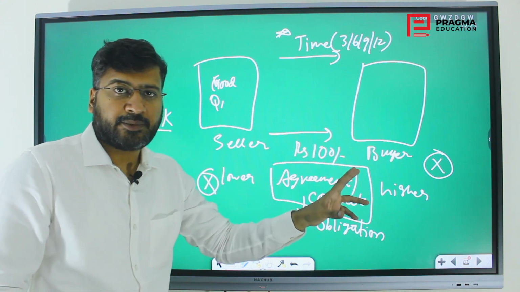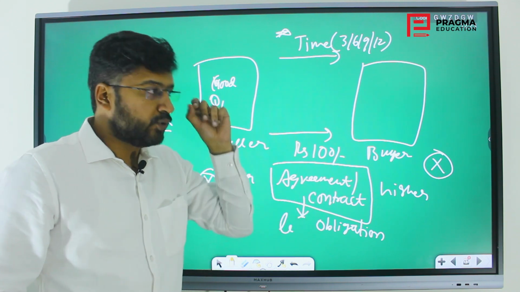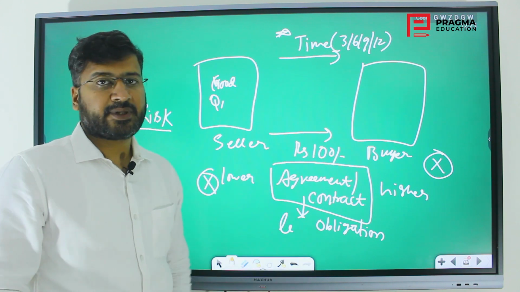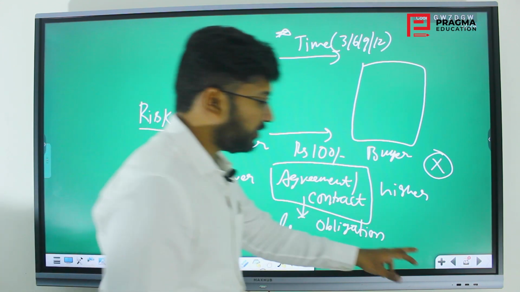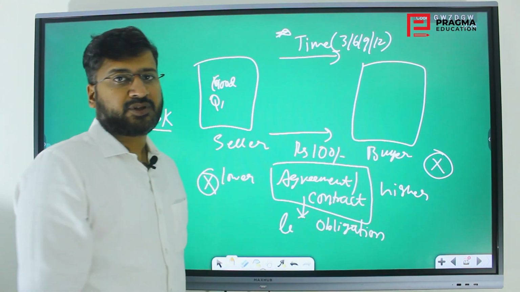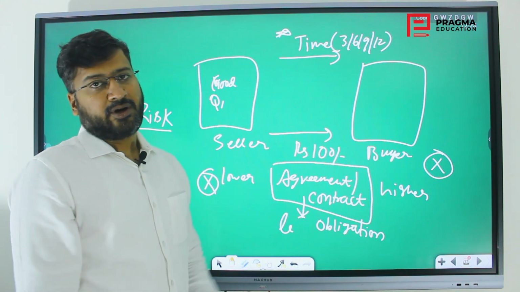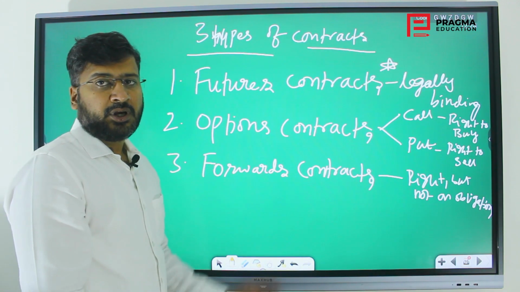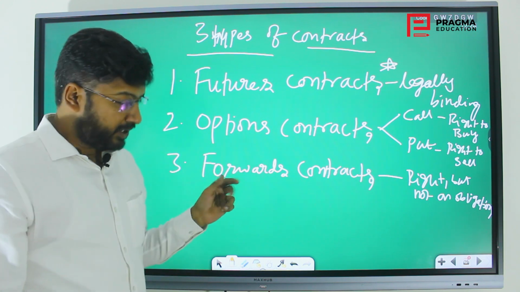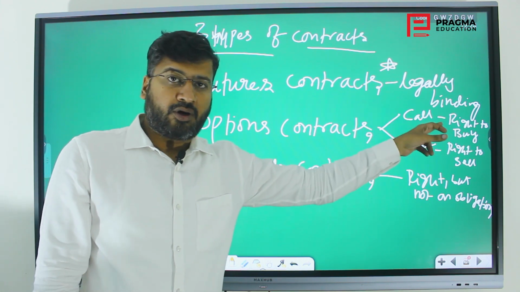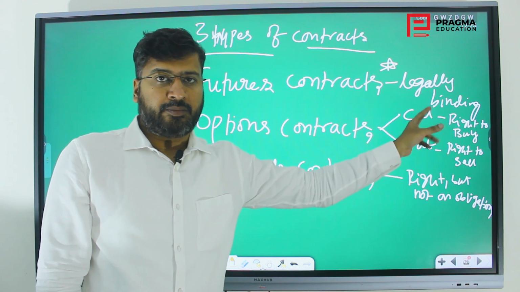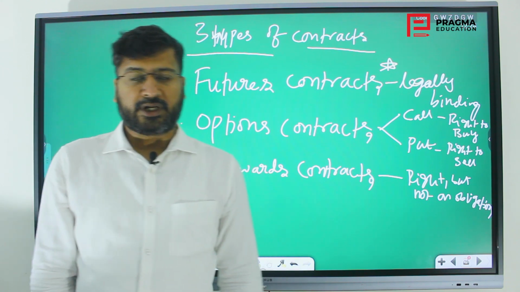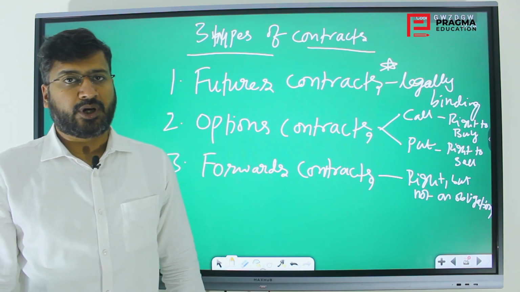If you understand the concept, it will be very, very easy and you can deduce the answer then and there. These are the type of questions that are generally expected in prelims. So understand the concept and have an idea on the types of derivatives. That is three types of contracts: futures, options and forwards. In options, it already says options, which means there are two options. What are those? Call option and put option. Call means right to buy, put means right to sell. Remember this and you will be able to answer any question on this concept.